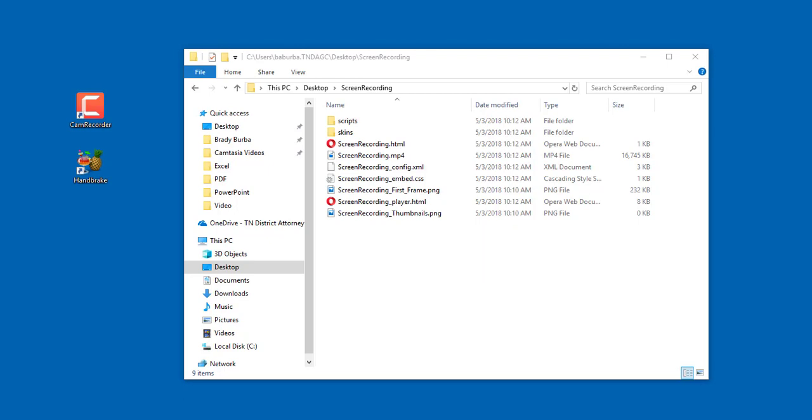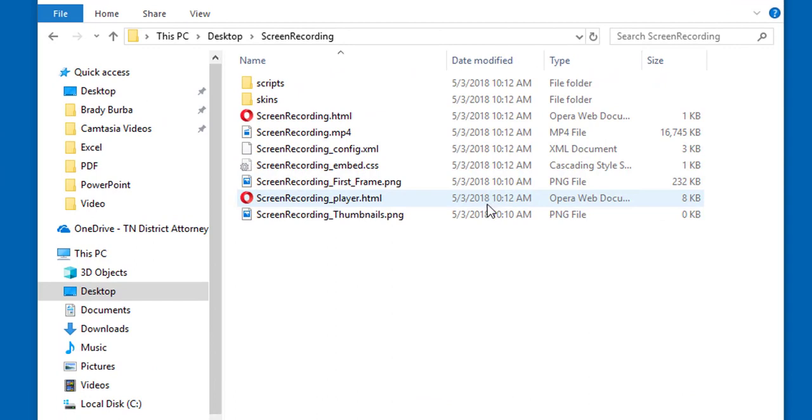Okay, now I've got the folder opened up, and this was on the desktop. I created a folder called screen recording. You can see all of these files that were created with the creation of the video. Now the only file we want, after we've got the recording of the screen captured, is this screen recording.mp4. So look for that screen recording.mp4 file, or the file with